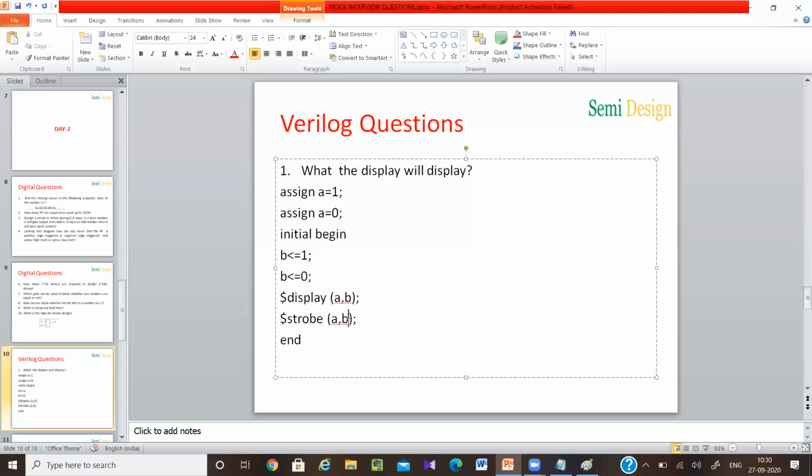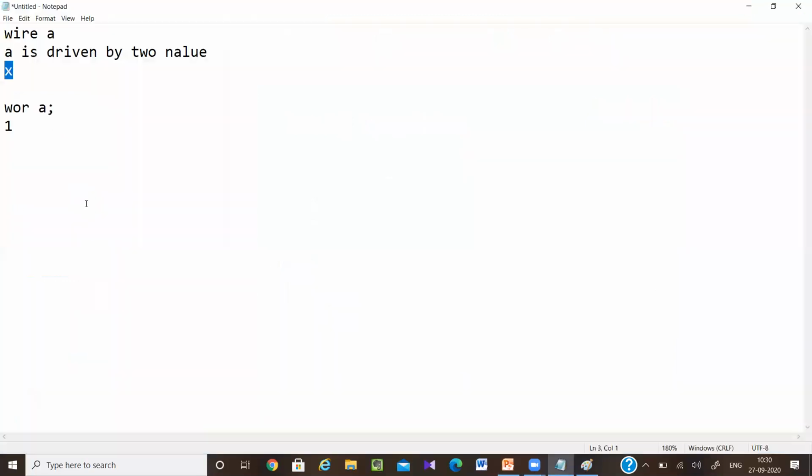But $strobe is executed in the postponed region, so in the postponed region it will give me value 0. So A value will be x, and B value in the active region is x, in the postponed region it is 0.